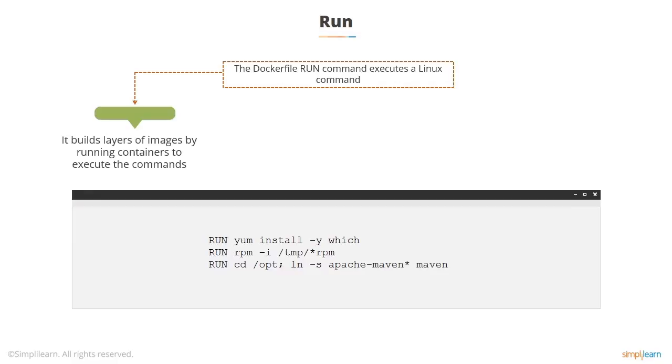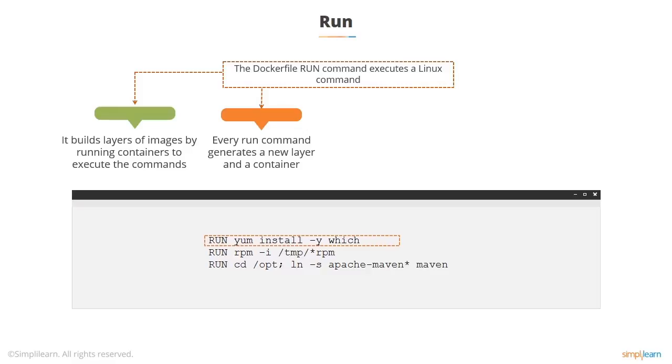So we're doing a yum install, which will go to the network, obviously. We're doing an RPM install from the file we copied to the temp directory, and we're also doing a run, which is doing a cd and a link to, in this case, create a symbolic link called maven/op, which points to the actual installation. The commands mustn't block, which is important.